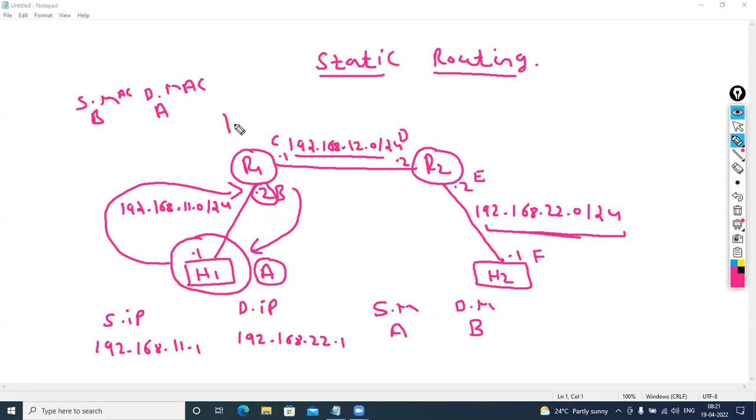So now what about R1? What about the router? Will router forward the packet? Router is by default a broadcast controller. So what do you mean by that? So if you see the entries in the routing table, R1 will be having only the directly connected entries. So if we talk about the routing table of R1,